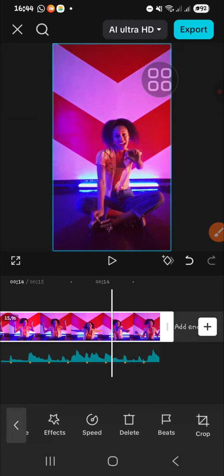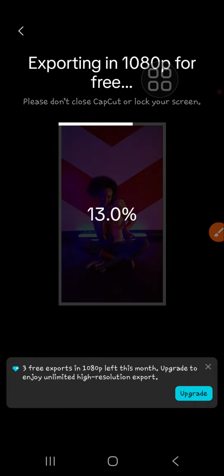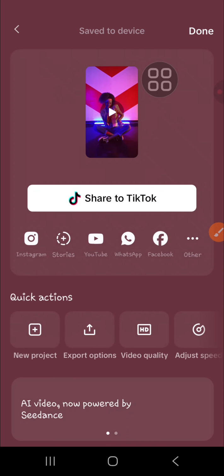And if you want to export, just go to the export menu and the video will be saved to your device. Okay guys, and that's all the way to create